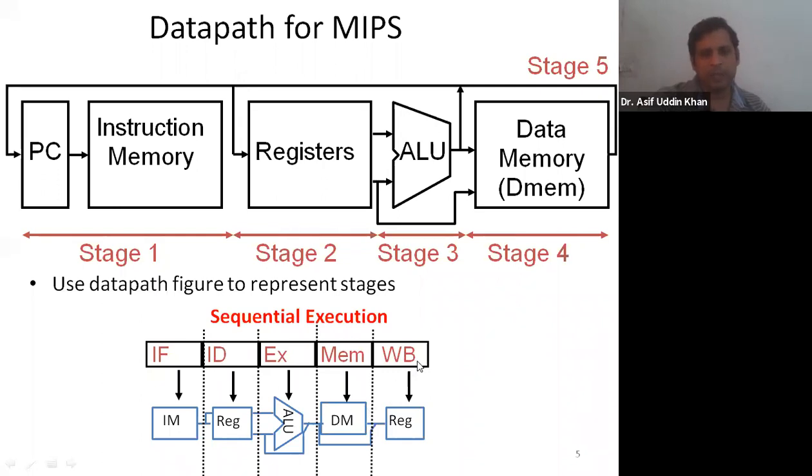stage. Okay. And memory is used in two stages, that is in the first stage, the IF stage, and in the MEM stage, that is the fourth stage. In the first stage the IM, that is the instruction memory, is used, and in the fourth stage data memory is used. Okay. And ALU hardware is used in the EX stage. So this is all about your data path.